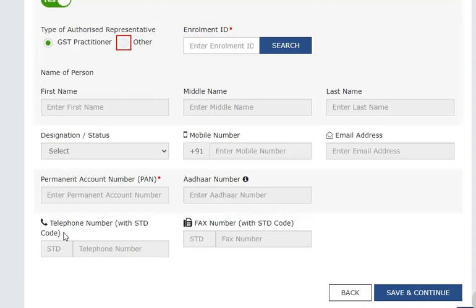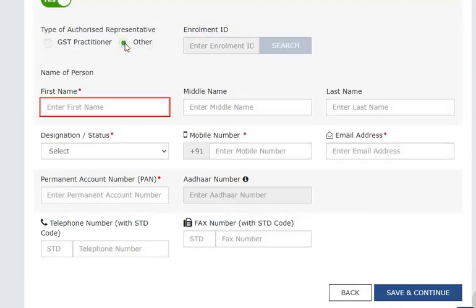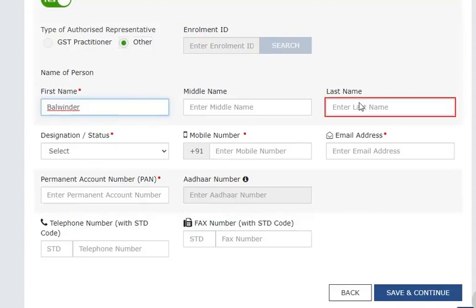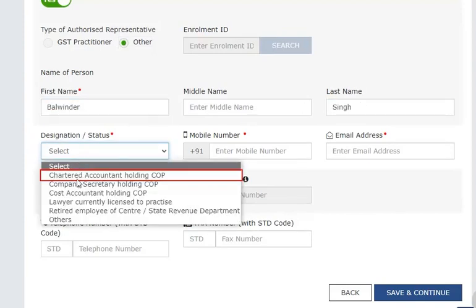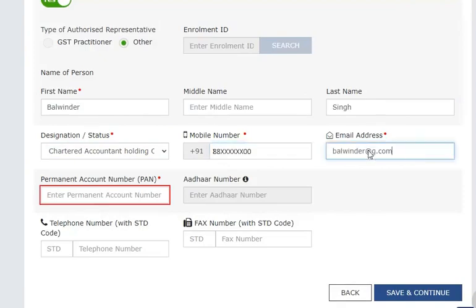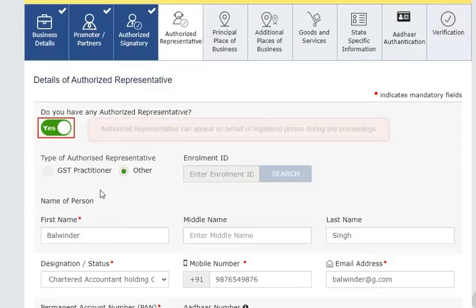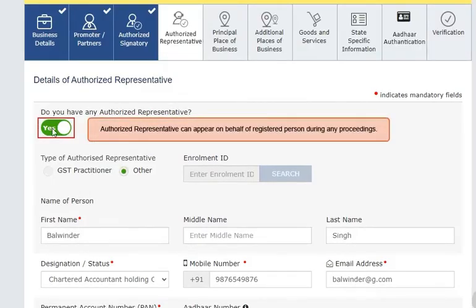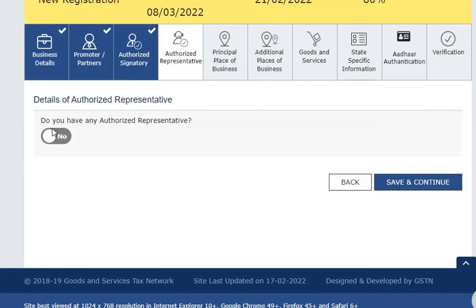In case you select other, enter details as required. Else, you may skip this section and move to the next, that is, Principal Place of Business, by clicking Save